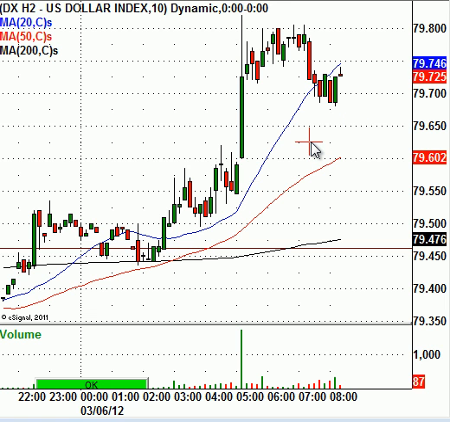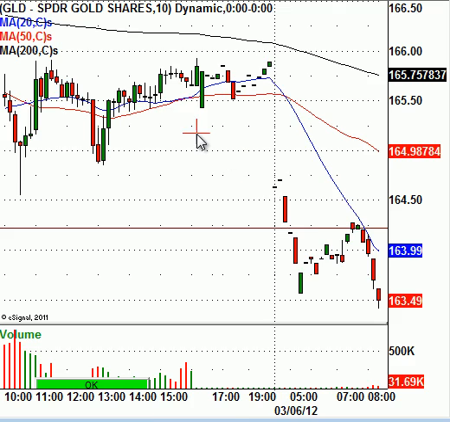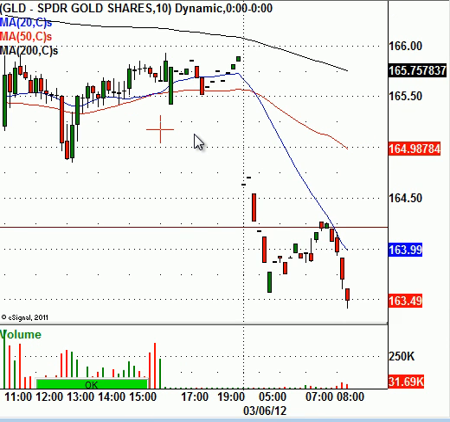Also, the dollar will trade inverse to both oil and to gold, so you want to watch that closely. Now let's take a look at gold this morning with the stronger dollar. You'll see gold is trading lower, down to around the 163.49 level on the Spider Gold shares. This is called the GLD, and GLD is trading basically down $2 from yesterday's closing price, which is pretty significant. If you look at the spot price of gold this morning, it is trading lower by about $17, down now to 1687 an ounce, and that's a pretty decent decline. So gold has definitely been under pressure, and you can see gold and the markets are somewhat synonymous. They trade pretty much together.